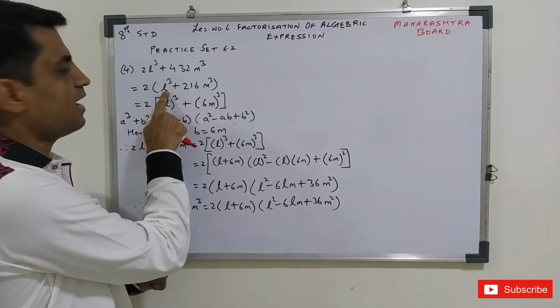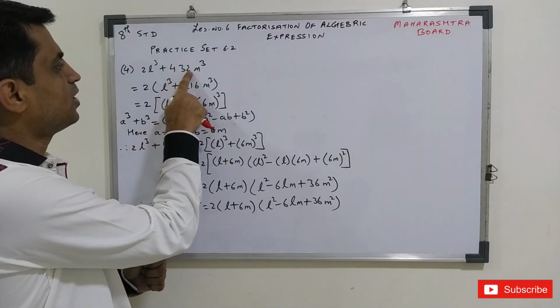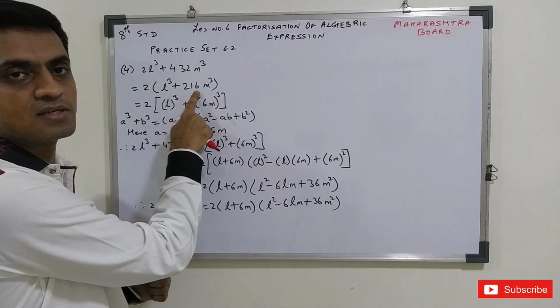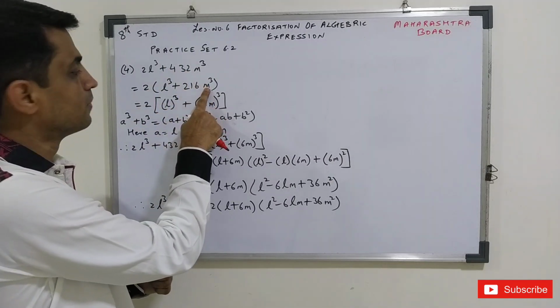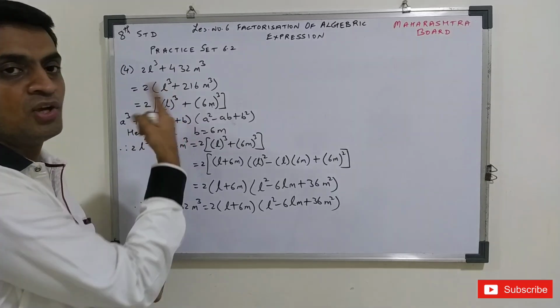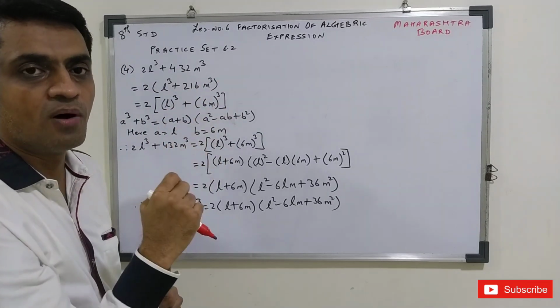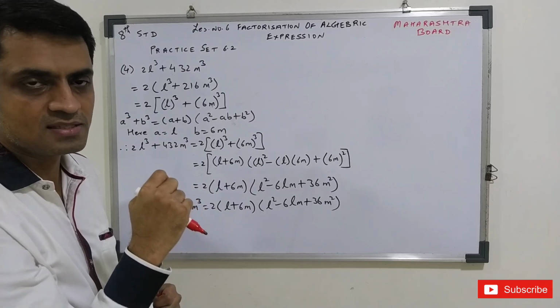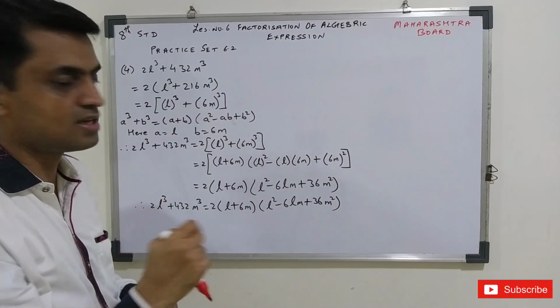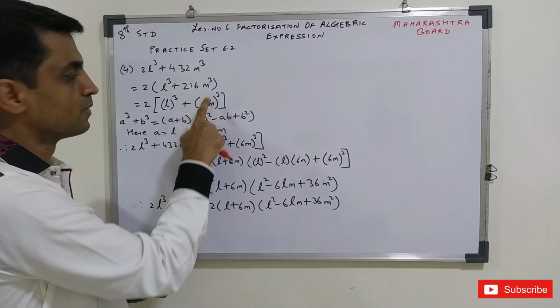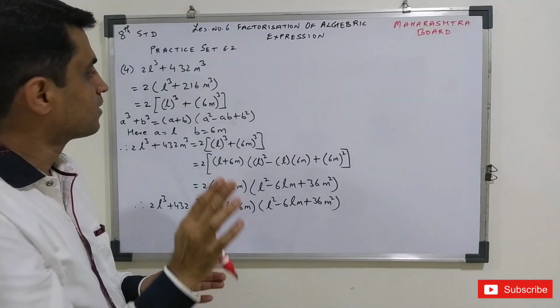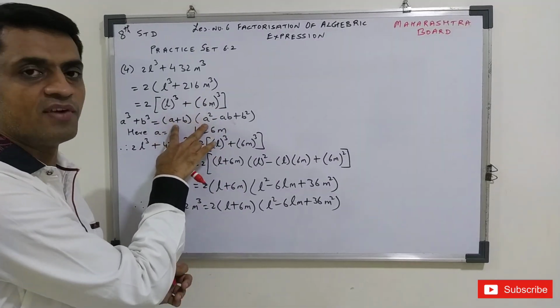So what is left? M cube plus 432 divided by 2 is what? 216. M cube. Now L is a cube of what? L cube plus 216 is a cube of what? 6. 6 6s are 36. 36 into 6, 216. So we are not changing anything. Why have we done it this way? So that it will fit in the formula.